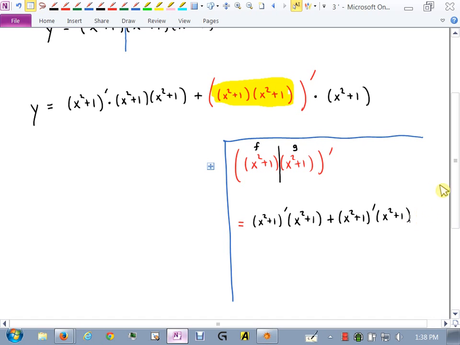I think those derivatives you can handle. Derivative of x squared plus 1 is just 2x times the x squared plus 1, plus the derivative of x squared plus 1, same thing, 2x times x squared plus 1. What happens when you take 2x times x squared plus 1 and add it to another 2x times x squared plus 1? You get a total of